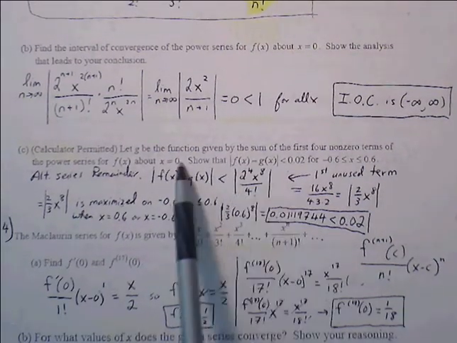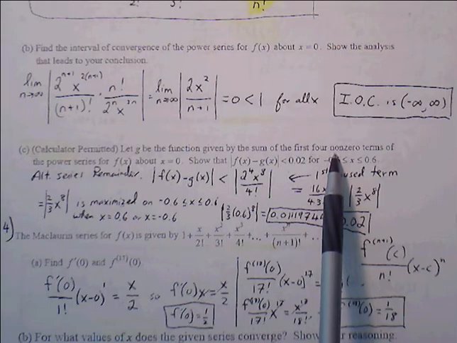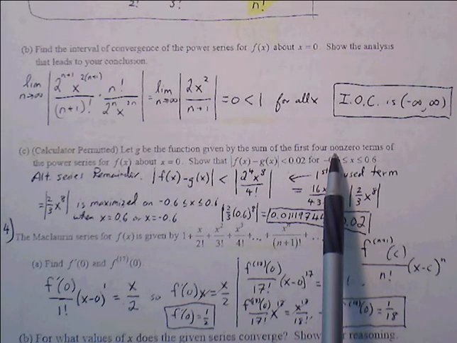So we're trying to find the sum of the first four non-zero terms, so that means the fifth term will tell us at most how much our approximation of the first four terms is off from the actual value